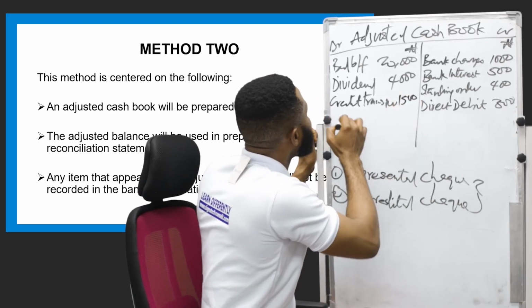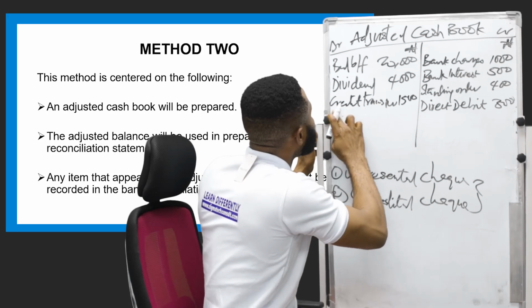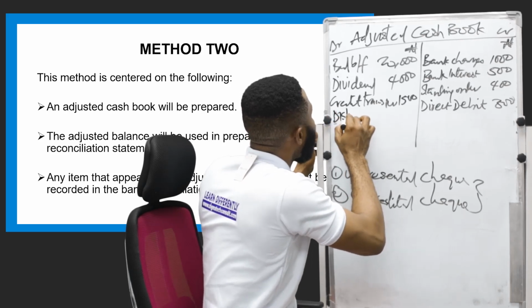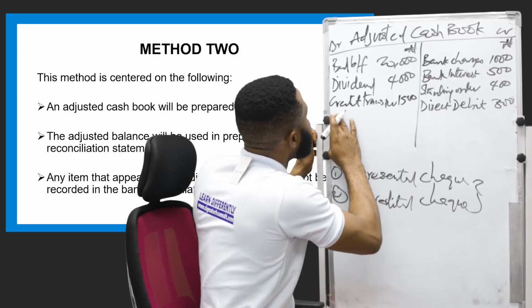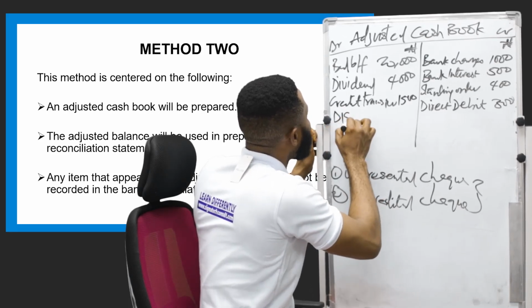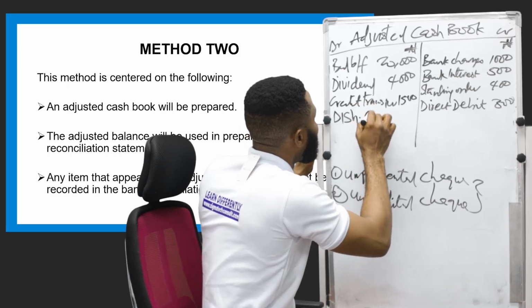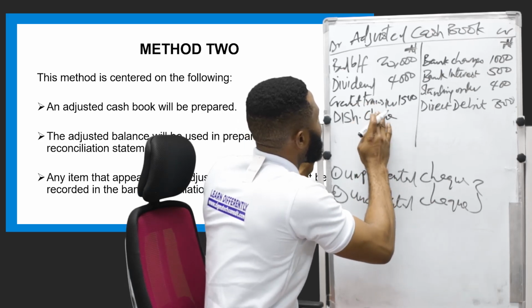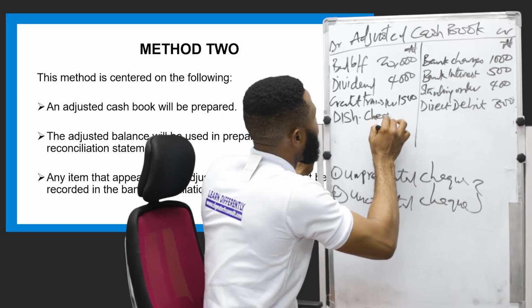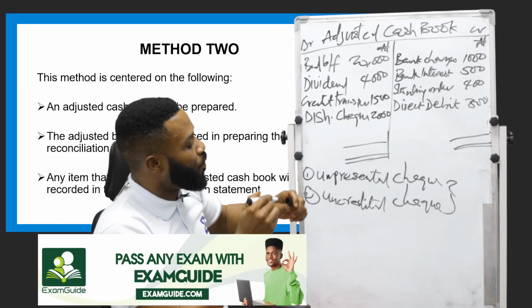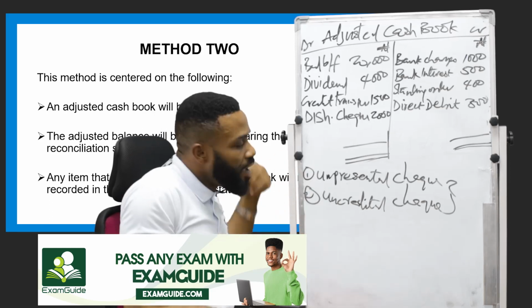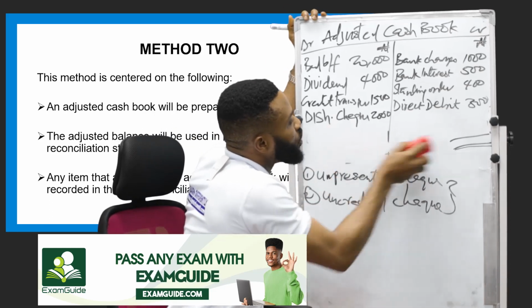And then the next one is what we call dishonored check. I will write DIS and then DISH, dishonored check. Dishonored check, 2,000. Let's assume it's 2,000. Now, whenever you want to,